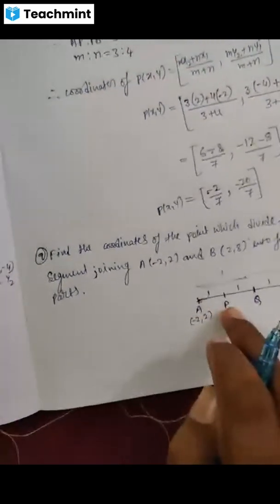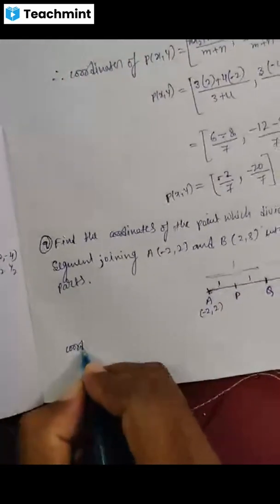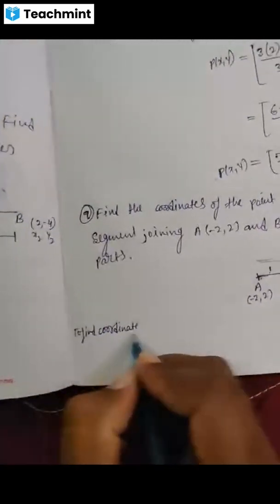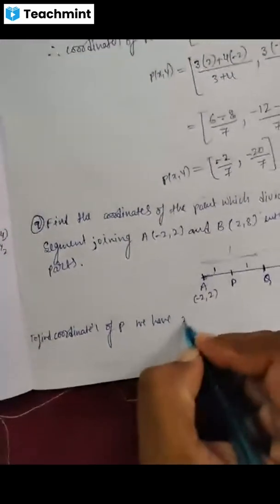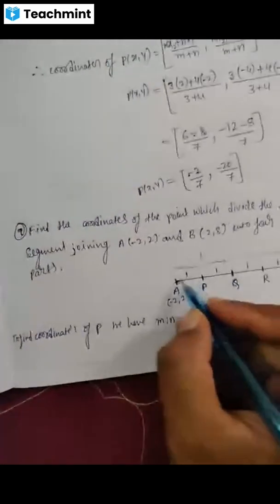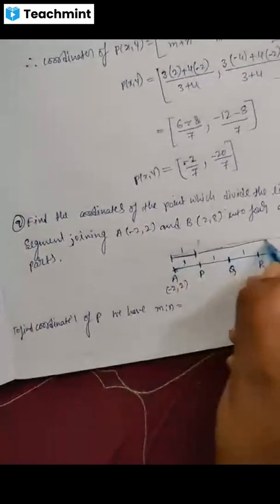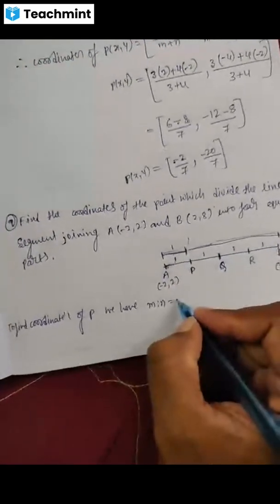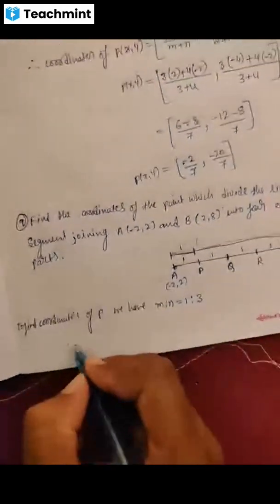So first we find coordinates of P. Okay, coordinates of P first. To find coordinates of P, we have m is to n. Coordinates of P means from here is one ratio, from here to here it is another ratio. So 1 is to 1 plus 2 plus 1, 3, so 1 is to 3, m is to n is 1 is to 3. Therefore,